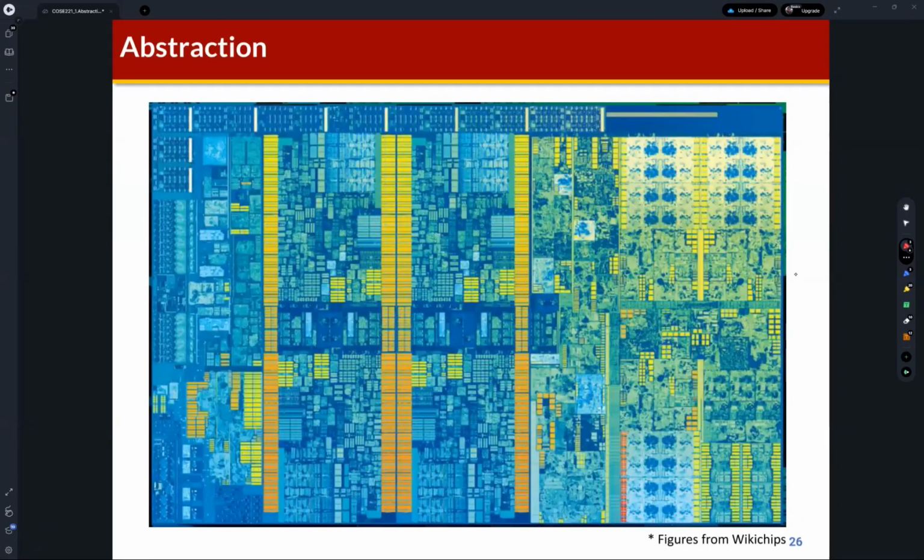So this is another example of abstraction. As you can see, this is the die photo of an Intel CPU, and we can observe many transistors. Can you understand how this CPU is designed? If we just see this photo, we can only observe that this single CPU includes many transistors. That is the knowledge we can get from this photo. But